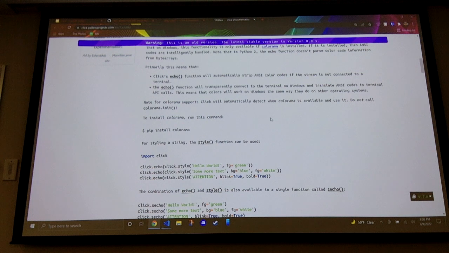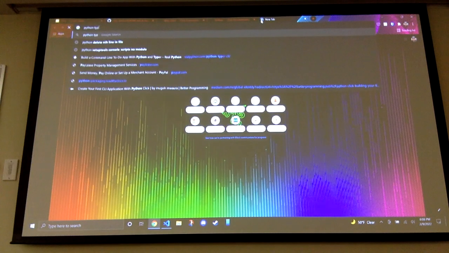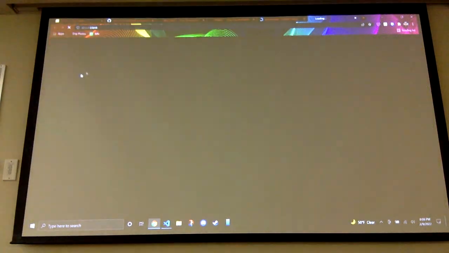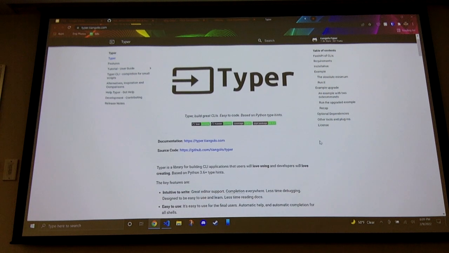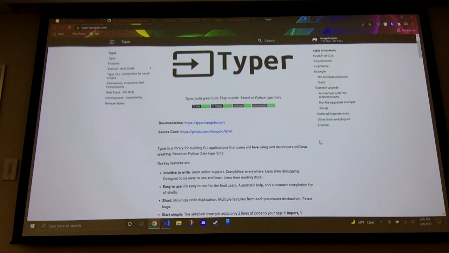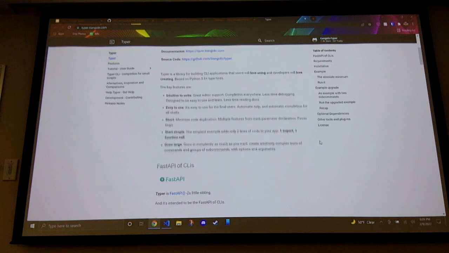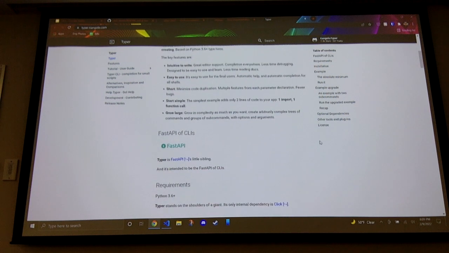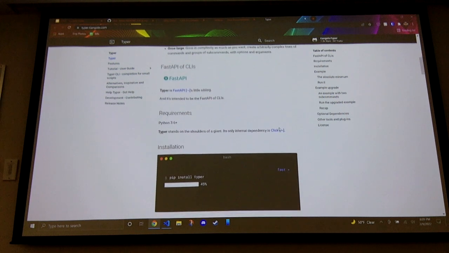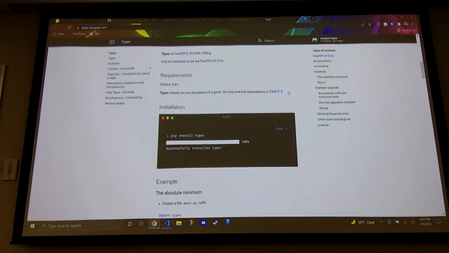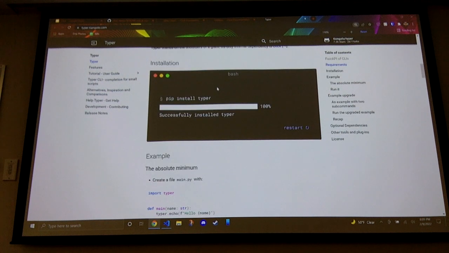You were talking about Typer. Is that also a command line interface tool? Well, Mike's bringing it up here. Is it essentially click plus some, or is it trying to do something else? It's click plus some. It's written by the same gentleman who wrote FastAPI. He also wrote some kind of wrapper for SQLAlchemy that does type mixing with Pydantic. Yeah, I was going to say it sounds like Pydantic is probably